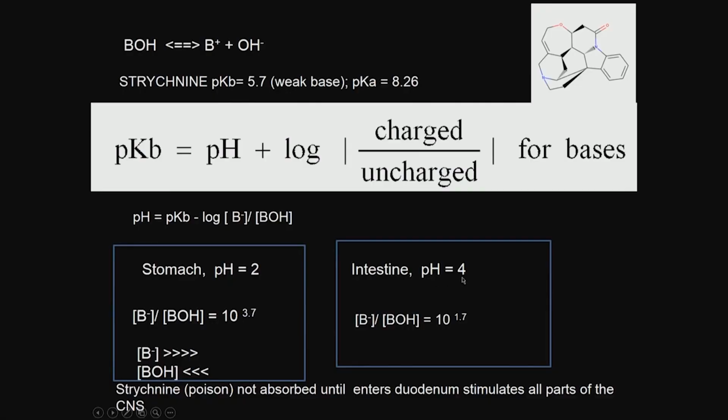When B minus is large, it is a charged molecule, so it cannot cross the lipid barrier. If you go to the intestine, pH is 4, so B minus by BOH is 10 raised to the power 1.7, so we do have enough BOH, so it gets absorbed in the intestine. As you can see here,